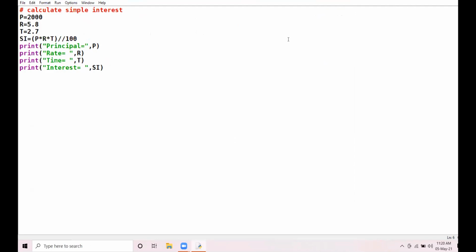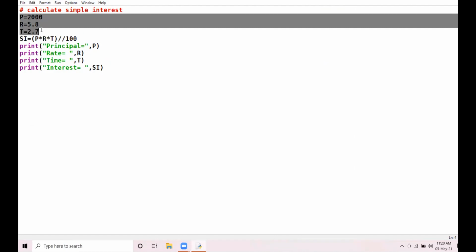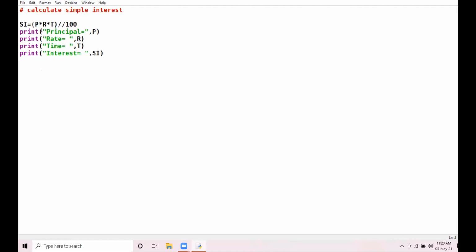Today I'll be telling you one more new concept. In separate lines, I have initialized three variables. I have initialized three different variables in three separate lines. I don't want this scenario.